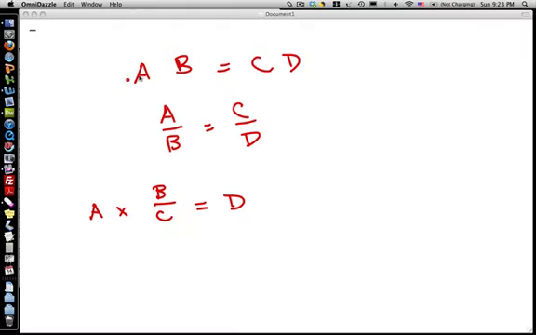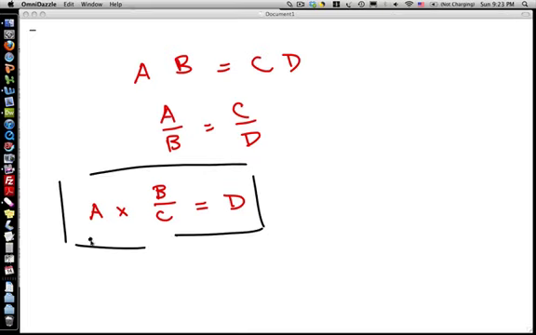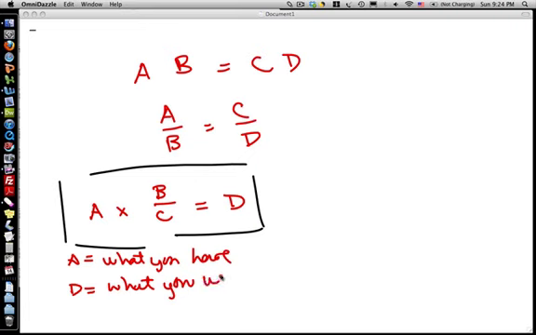You might have learned to cross multiply and divide or other methods. We're going to talk about this idea right here. In this simple equation, A is what you have, and D is what you want. And then B and C are a fraction or a ratio we create